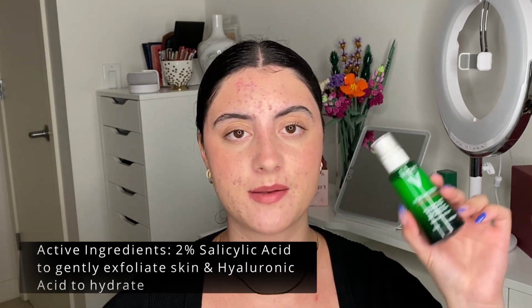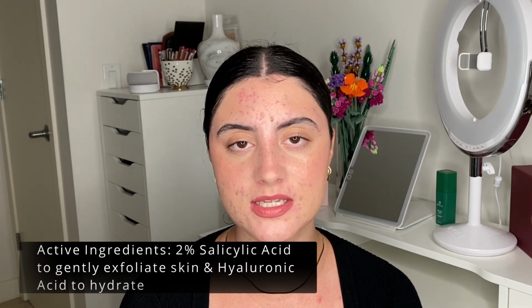This will definitely be that second step in helping to exfoliate the skin and heal those breakouts. I find this product overall very interesting because it's an acne treatment but also a hydrating lotion all in one. Really great for oily skin because it's not your typical, heavy, greasy feeling moisturizer. It's very, very lightweight, as I said, like a serum, but it's going to help unclog the pores, clear out that acne, but it's also going to offer that 24-hour hydration, which is really nice